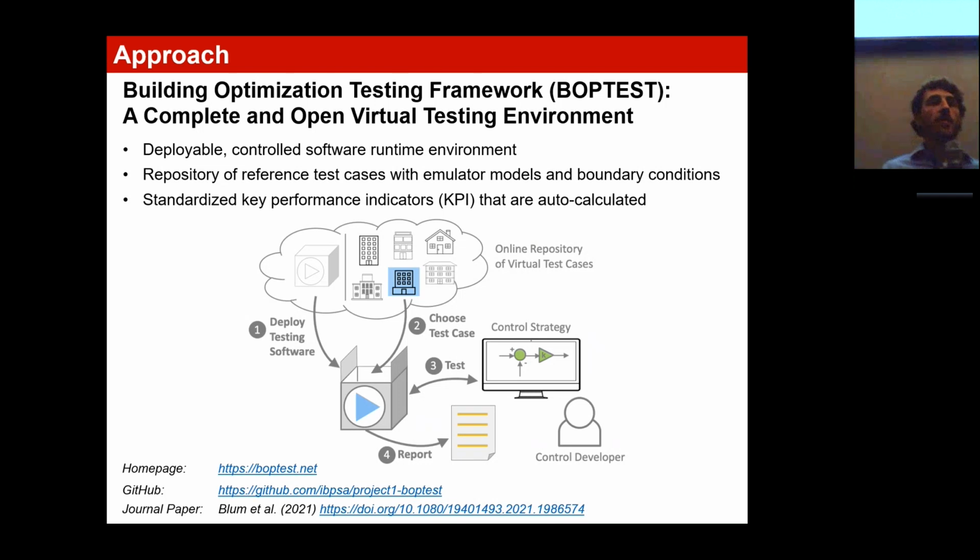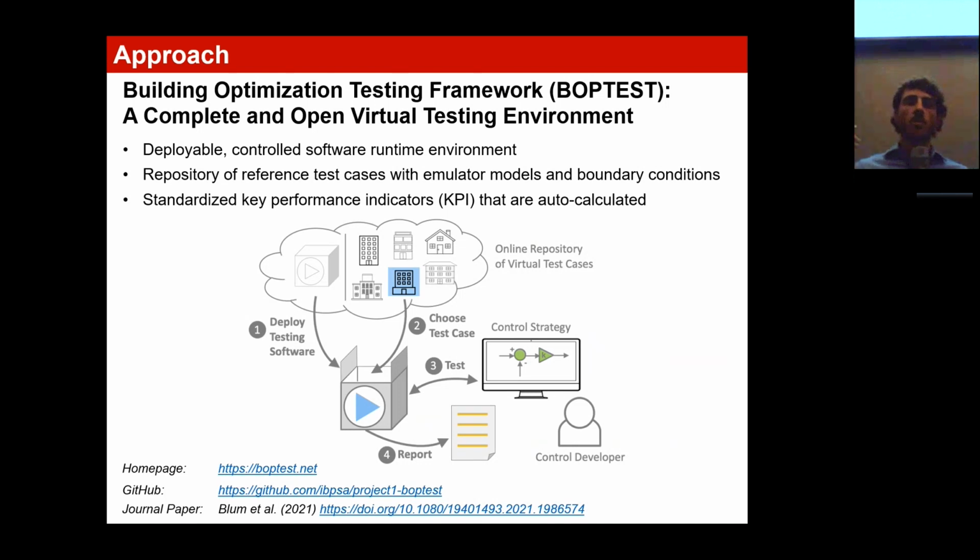And then three, calculating standardized key performance indicators within the framework, to make sure that it's the same performance metrics calculated in the same way for every case. And the way conceptually this framework is used is a user can deploy the testing software, this runtime environment, which I'll talk a little bit about in more detail in a second. You can then use that to choose from available test cases, and then through co-simulation,